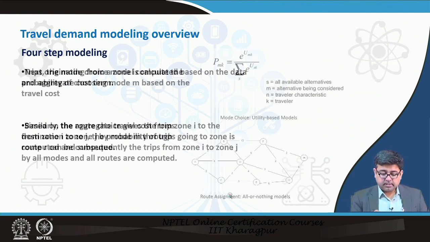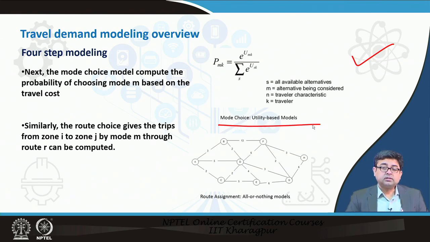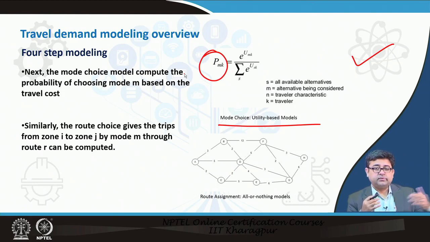Essentially, we have talked about this. The mode choice model, again the most common model that is currently used, are utility based models. So, it calculates the probability of using a mode of transport. In this case it is a discrete choice model. When we say it is a discrete choice model, what we mean is that everybody has their own choices. We cannot say that another person's choice will affect my choice. We say that their choice is discrete to my choice.